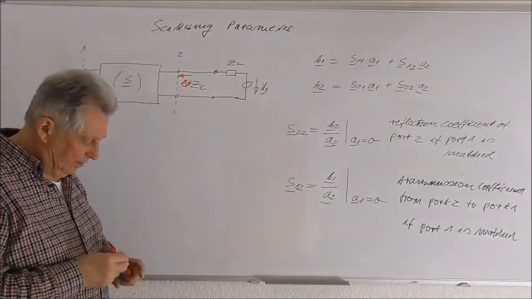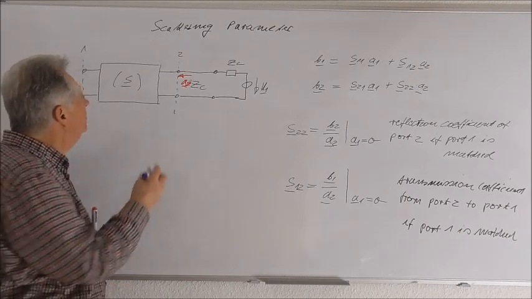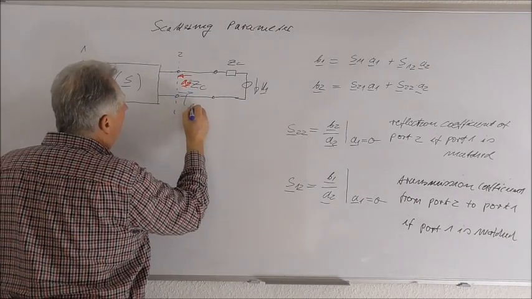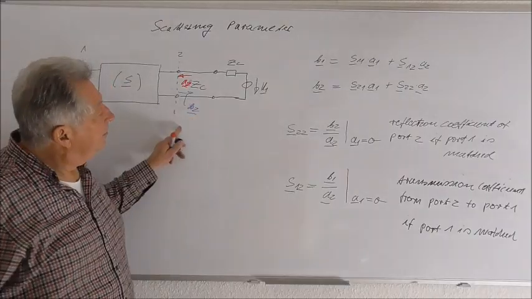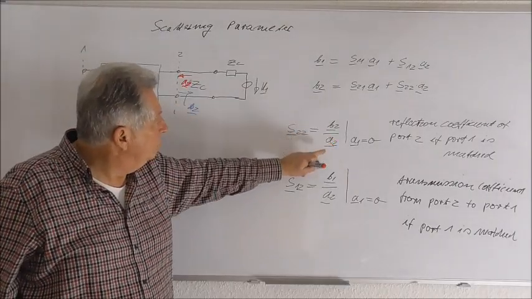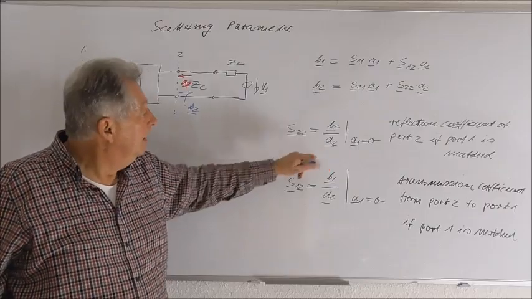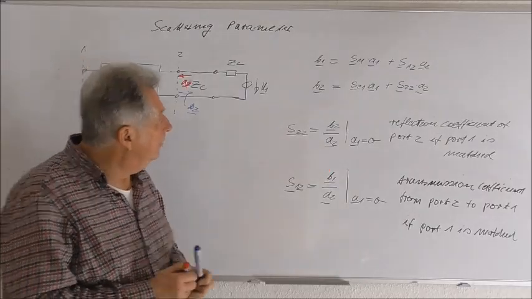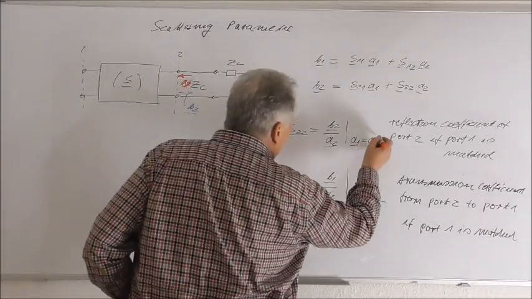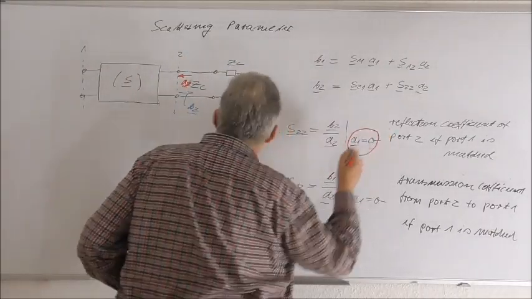And of course, again, there will exist then at port 2 a reflected wave in general, which we call B2. So S22 will be B2 divided by A2,